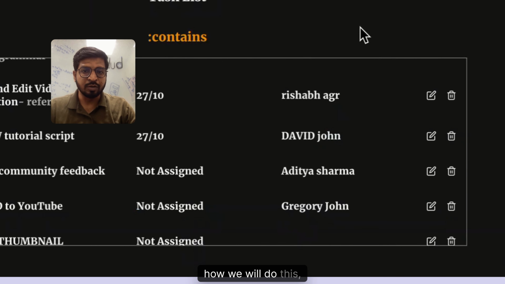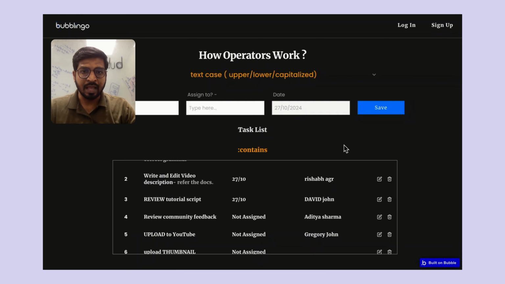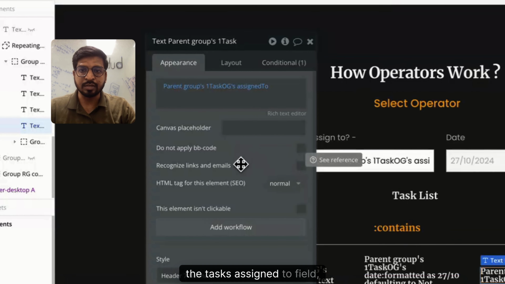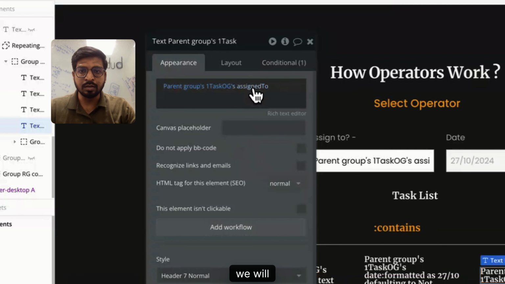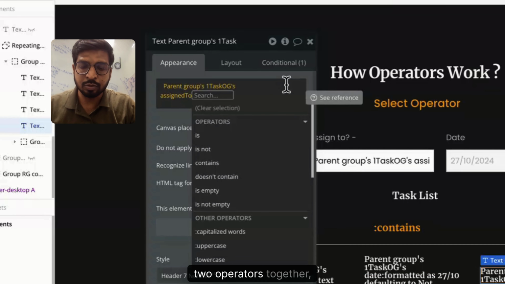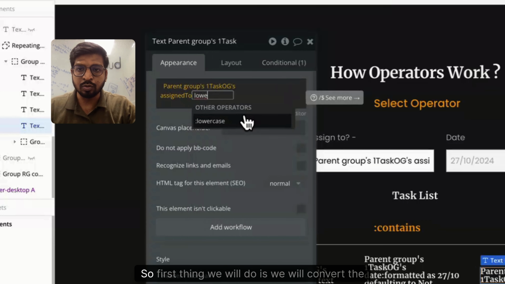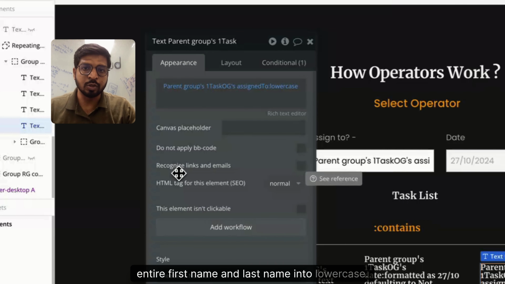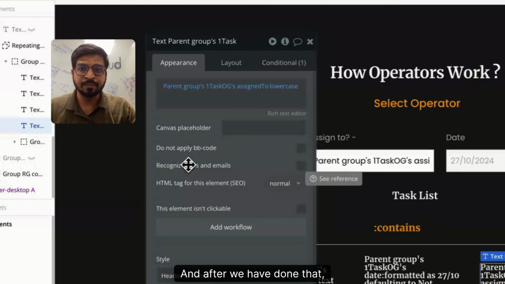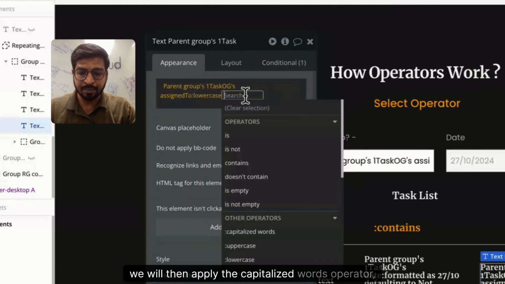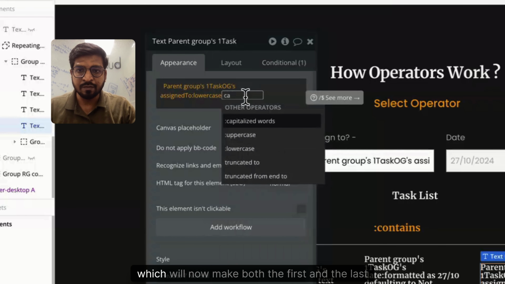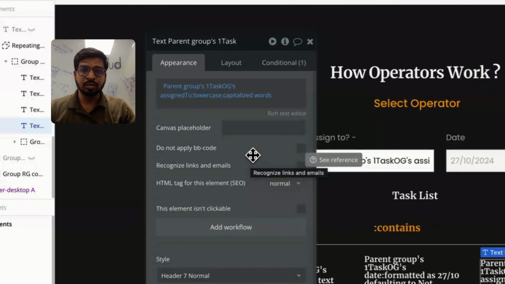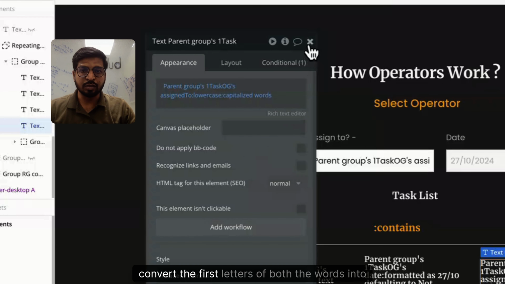So now how will we do this? We will go to our editor, and in the field where we have the tasks assigned to field, we will apply two operators together. The first will be lowercase. So the first thing we will do is convert the entire first name and last name into lowercase. And after we have done that, we will then apply the capitalized words operator, which will now make both the first and the last name capitalized words, which means it will convert the first letters of both the words